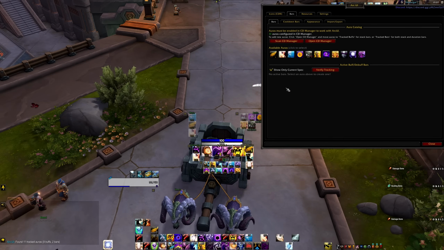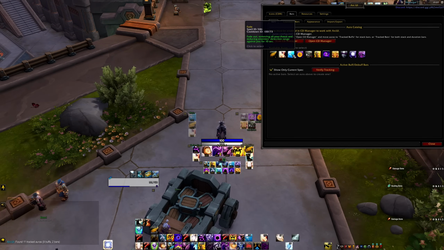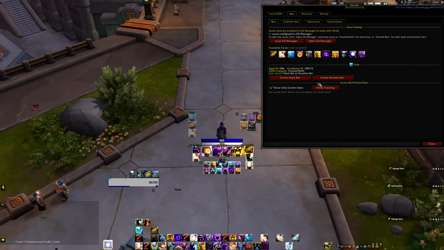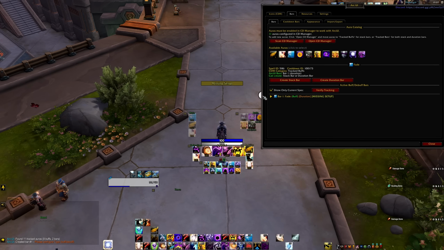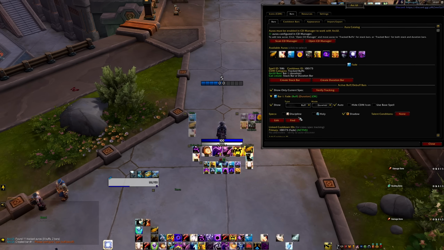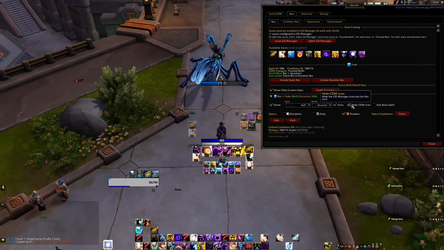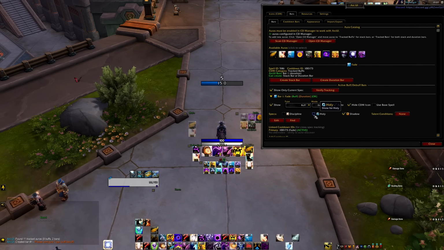So imagine you want the duration of your fade, for example, in the bar. Then you have to create the bar. So first, most of the time you will create a buff for fade. You can hide the Blizzard original, and then you can choose if you want for all the specs. Obviously, you know, presumably, that fade is available for all these three, so it can show up in all three. Same reasoning as why you can't have different icons in different positions. If you respec, these will stay for all three different specs, but also will stay in the same styling and